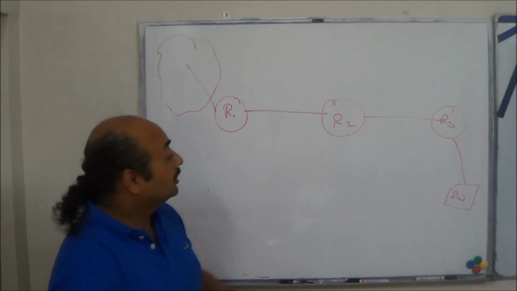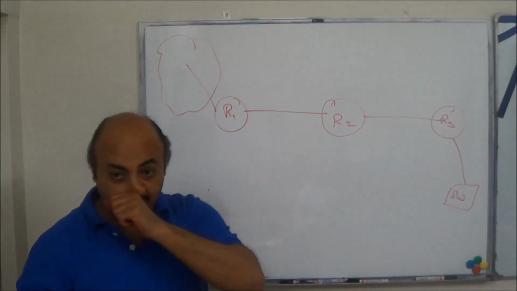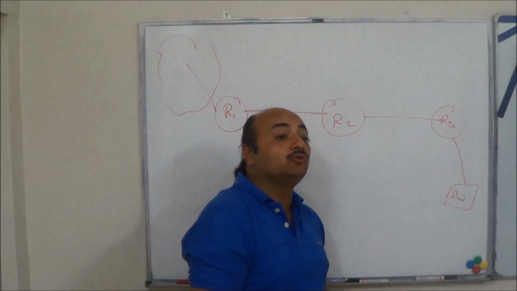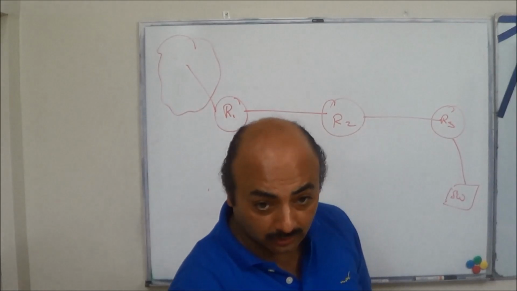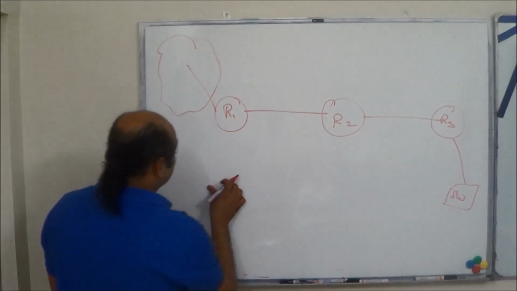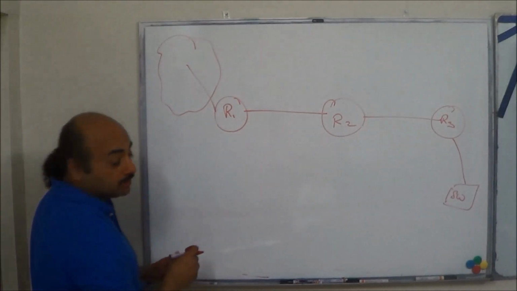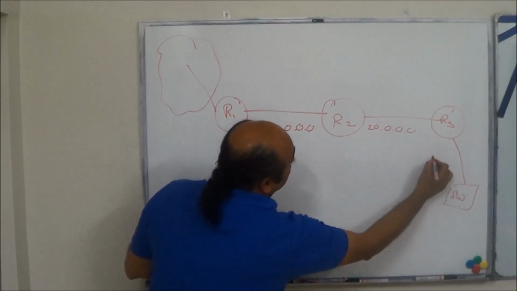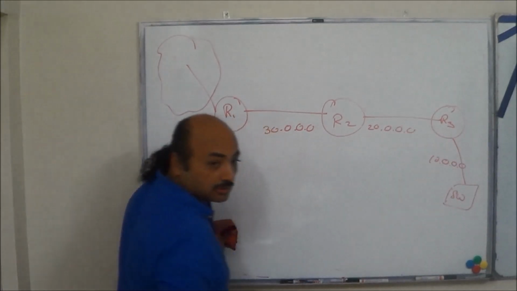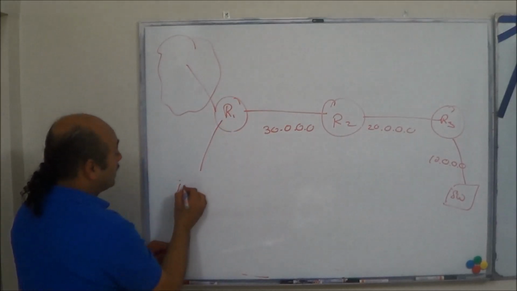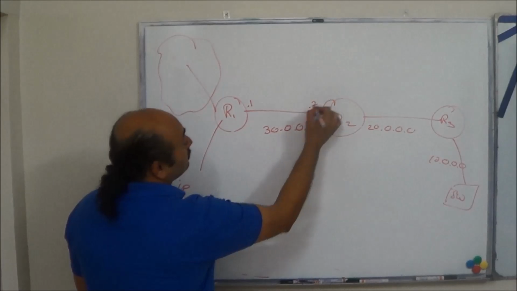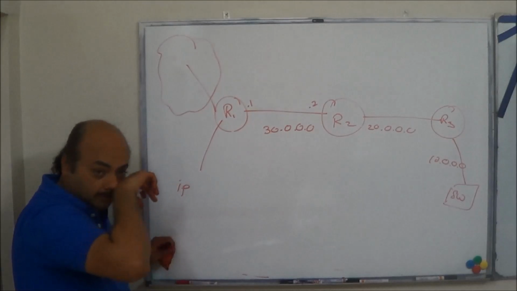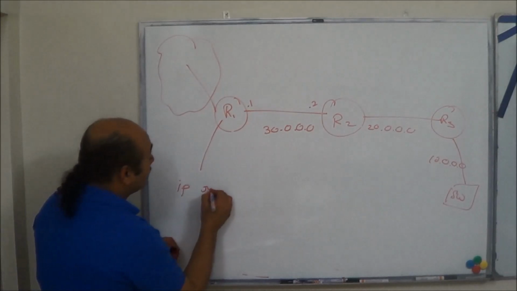A default route. Now if we don't want this to be configured here, nor do we want it configured here. So what does a default route say? If you don't find anything, send it this side. That's what it is, right? Yes, sir. So this is the outside, this is network 30, this is 20, this is 10. So what do we do here? On R1 you give the IP route. This is dot 1, this is dot 2. So if we have to create a default route on this, we say IP route.